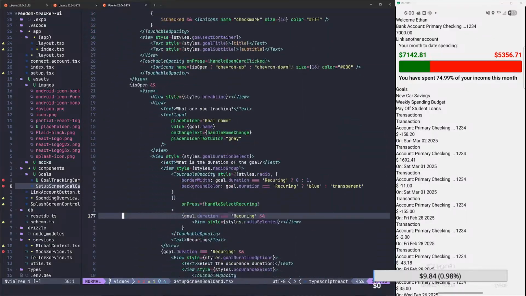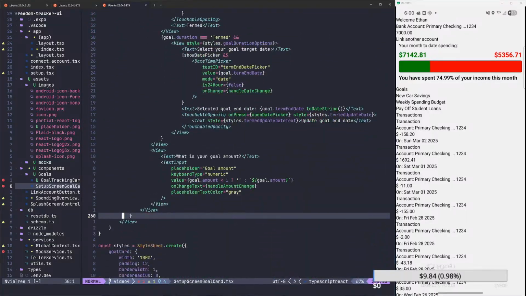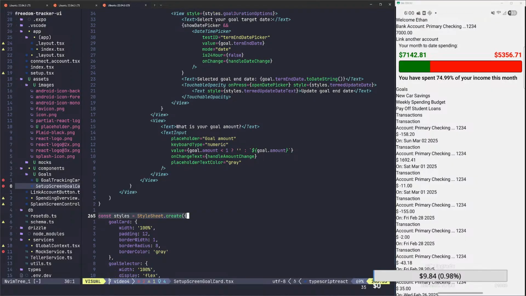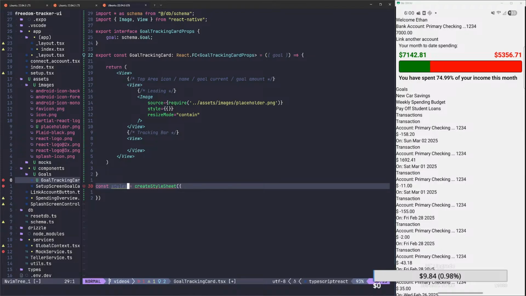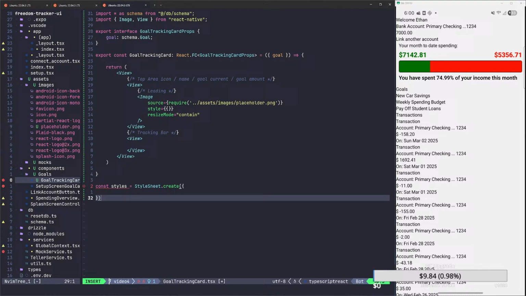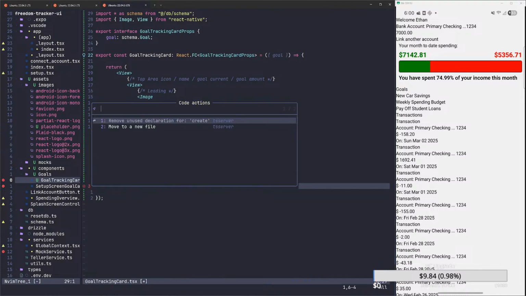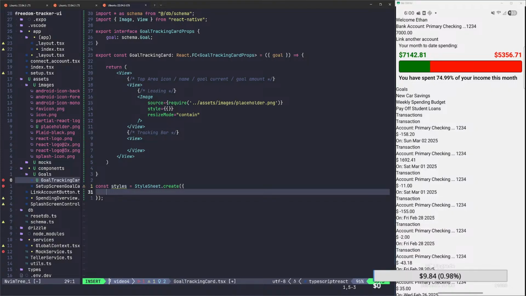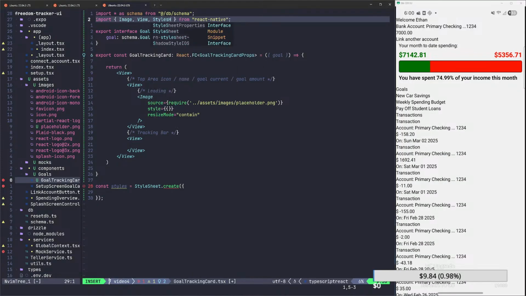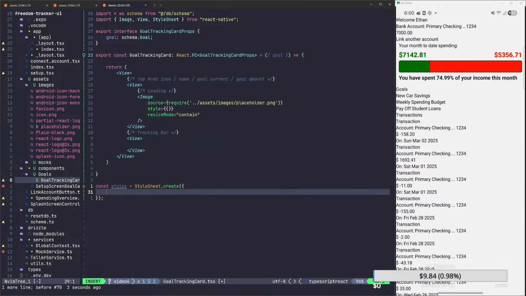Let's see here. About to go grab some more coffee. Oh, StyleSheet.create. Okay. Equal to StyleSheet.create. Fix this. Okay. Now we can import. We might need to import StyleSheet to make this happy. Oops. StyleSheet, there we go. Okay. Now we have our style is going to be equal to,